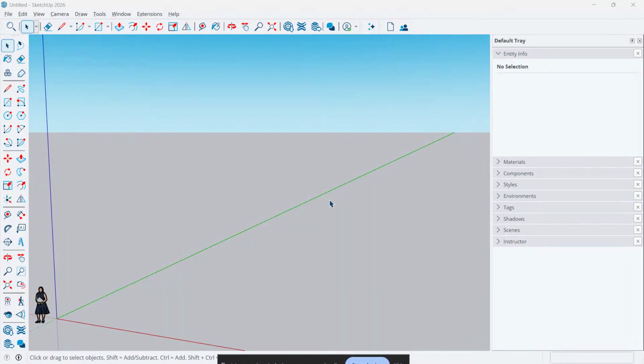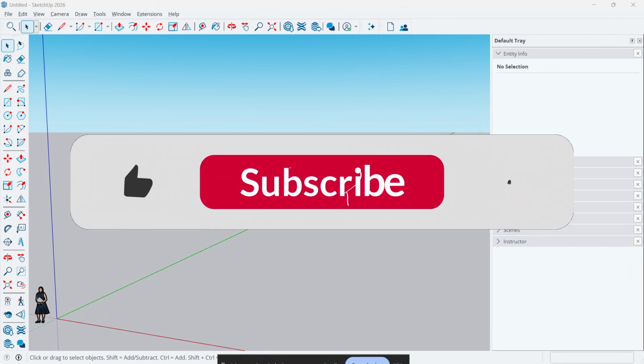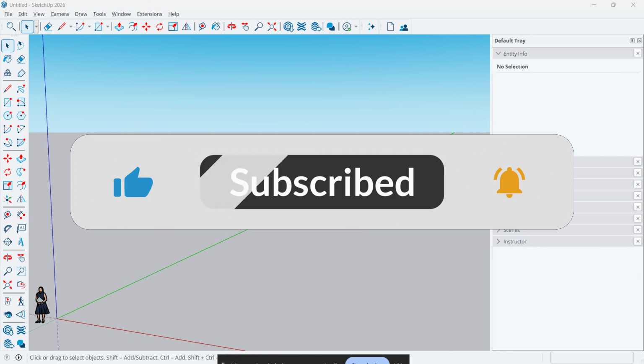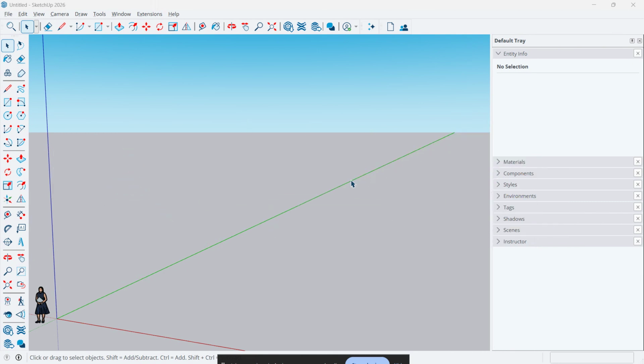If SketchUp is showing graphics errors, flickering, trashing, or not displaying your model correctly, don't worry. In this video, I'm going to walk you through the fastest fixes step by step. These solutions are especially useful if you're using SketchUp 2026 because the newer graphics engine is more powerful, but it also depends much more heavily on your graphics driver and GPU compatibility. So if things are acting weird, the good news is there are a few simple changes that can usually get